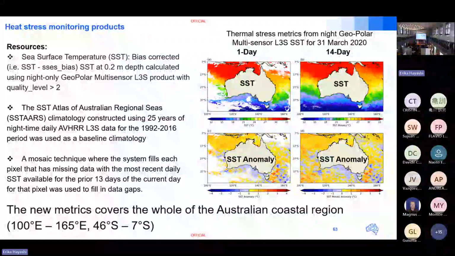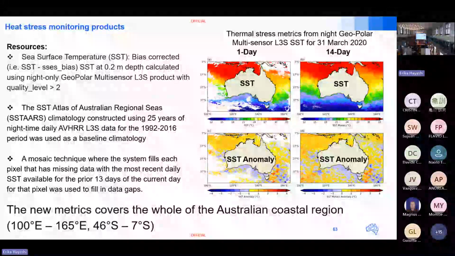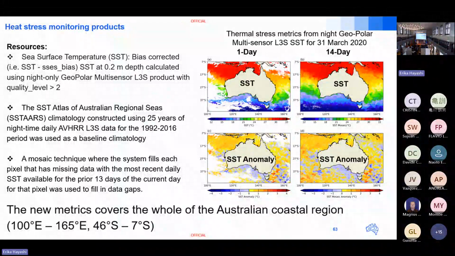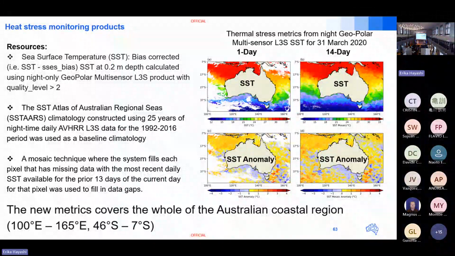The mosaic technique to fill up the gaps. So what we did is, if there is no data for today, we check for yesterday. And if it is not yesterday, day before yesterday. So that way we went 14 days back to fill up the data. And in this picture, the left-hand side is the SST for 1 day, and right-hand picture, how we fill up